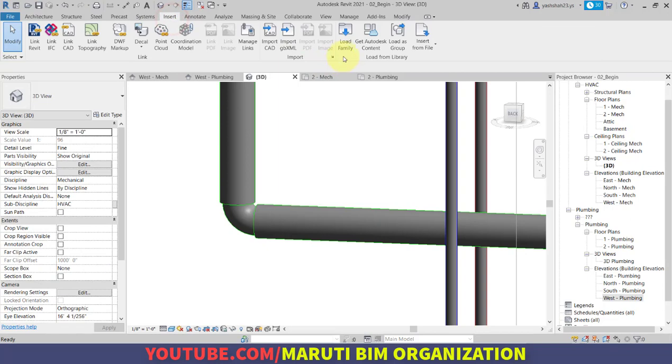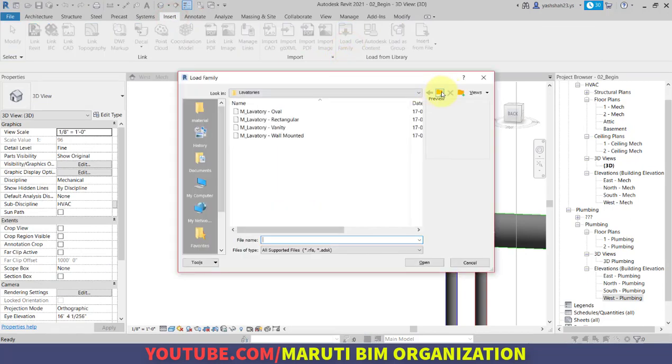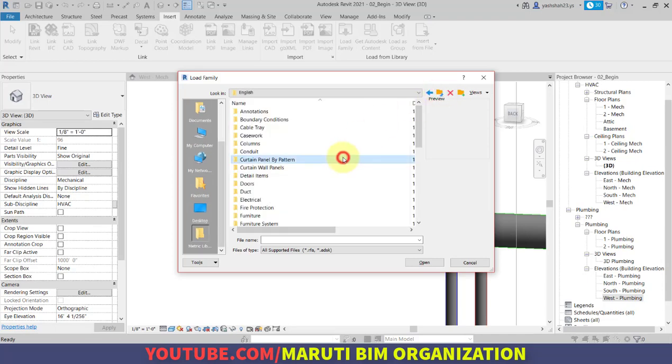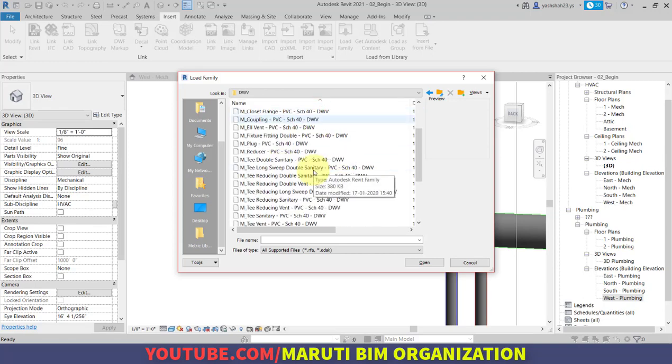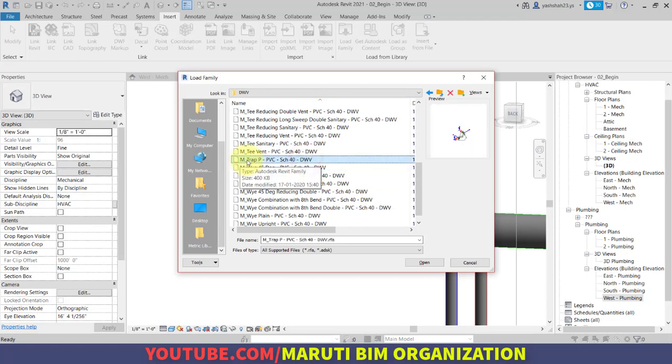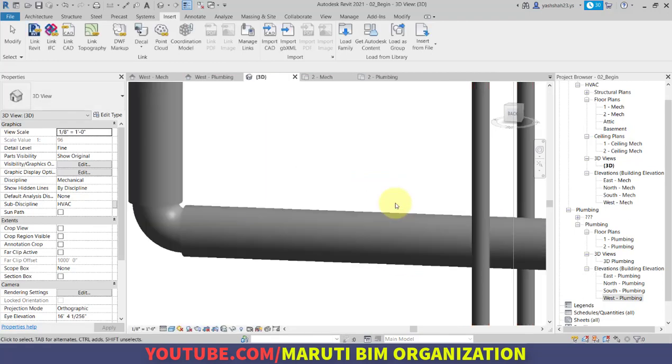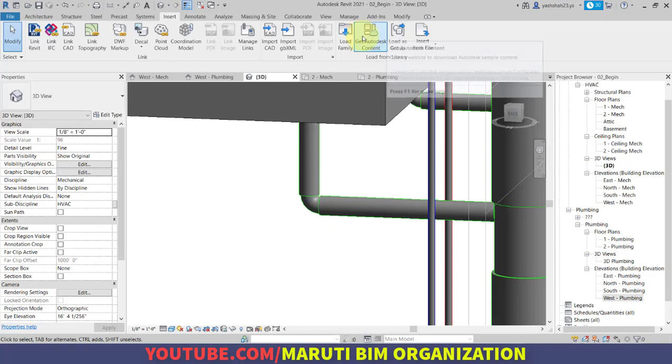So what I will do, I will go to Insert, Load Family, and use the connection pipe fitting, then PVC DWV, schedule 40, socket pipe, and let us use P trap, metric trap P, and open this and place it. Insert,